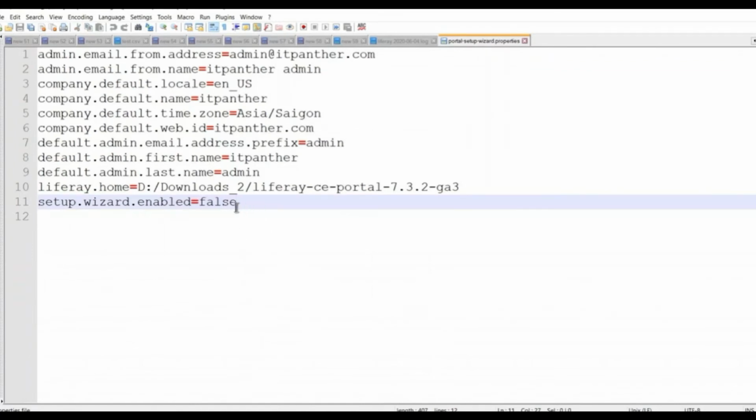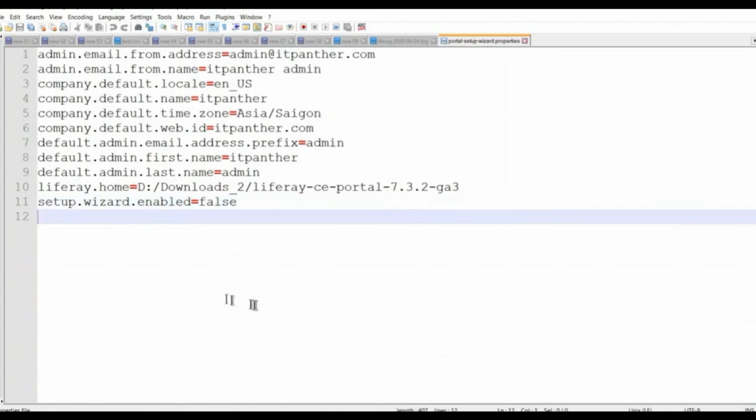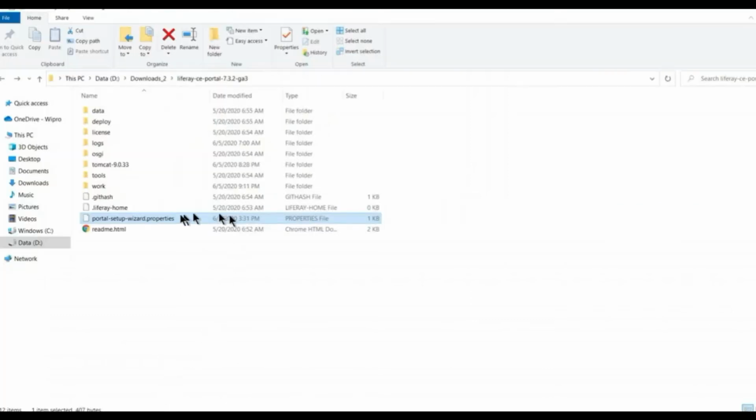Now, if you had changed the database to MySQL, in that case you would have seen a few more options talking about the properties which you set up for MySQL. So this is very important. If you delete this, Liferay is not going to find it, and Liferay is going to treat it as your first time running Liferay, and it is going to start giving you the basic configuration options again. So just make sure you always back it up. And there are many properties which you can enable inside this.